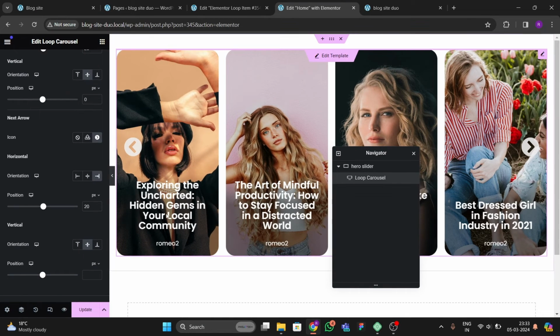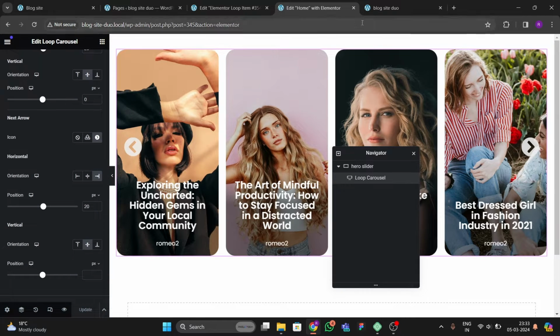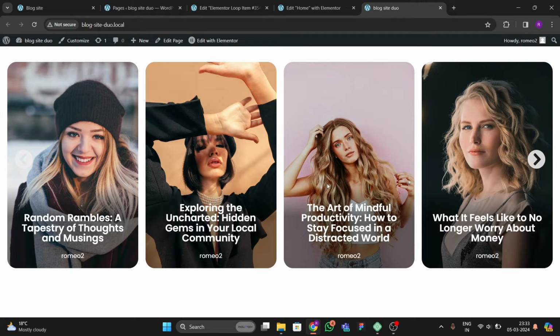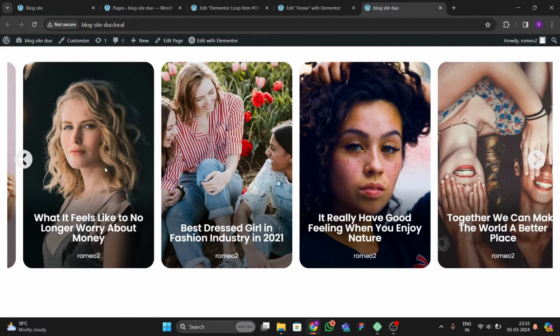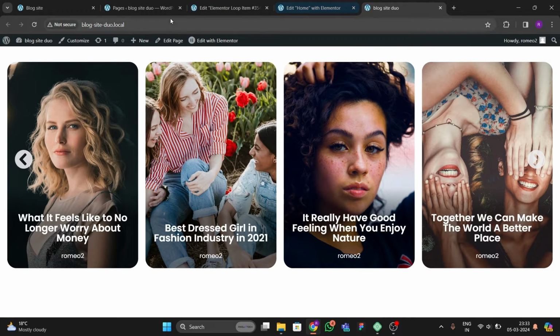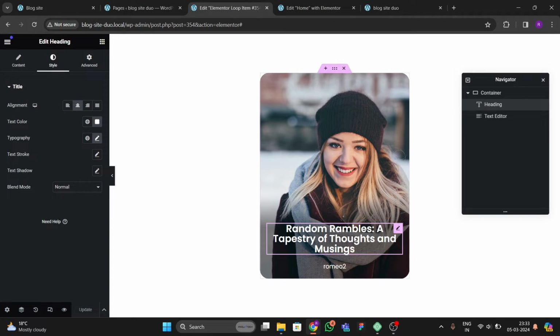And after that, you just have to add the links here. Okay, so let me go to there and let's refresh our homepage. So you can see that our first section is rendered successfully, and also this is working, but only the links are not working. So for adding the links, we can go to the Elementor loop item again, and just here